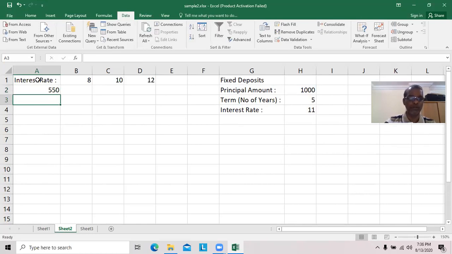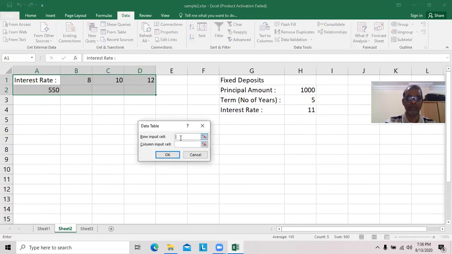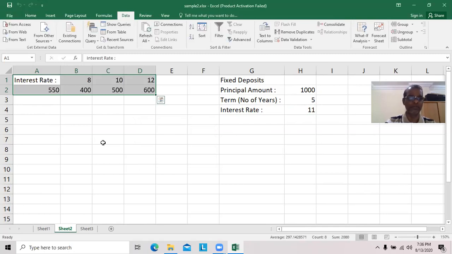Here we are having one formula. We have to select from A1 to D2. This formula should be replaced by, that means H4 will be replaced by B1 here, C1 here, D1 here. Now we have to go here, data table. Now place the cursor here. No need to worry about column input cell. Since values are placed row wise, we have to go to the row input cell. H4, you have to click it here or manually you can type it here. Simply click, see.